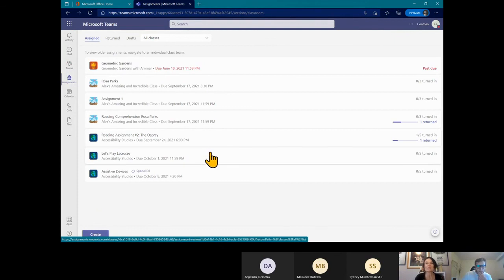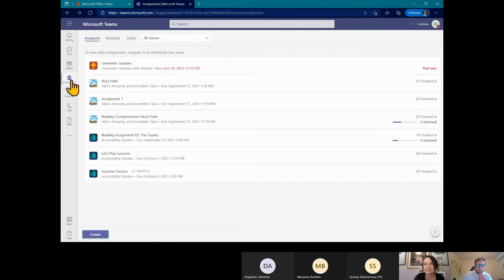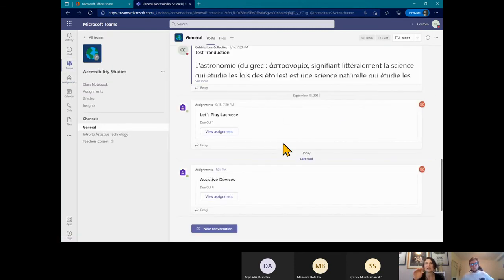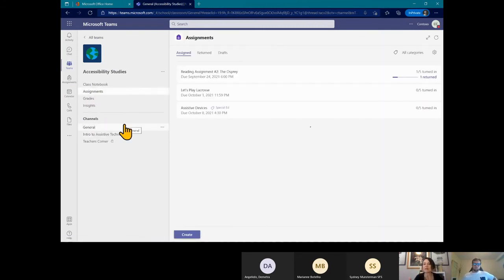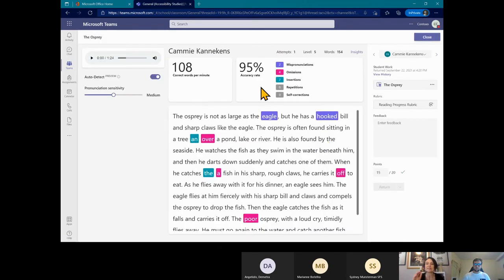So when I think of using this in my own class, there might be times when I go into this piece and actually listen to it myself, but there will be other times, maybe every second and third time, when I just let reading progress do the grading, and then I check in occasionally, but the student's still getting feedback. So if you think of the incredible time saver that is, and again, not that we never want to come in and do the manual part. I think that's important, but for those in between times, students still are getting feedback, which is so important